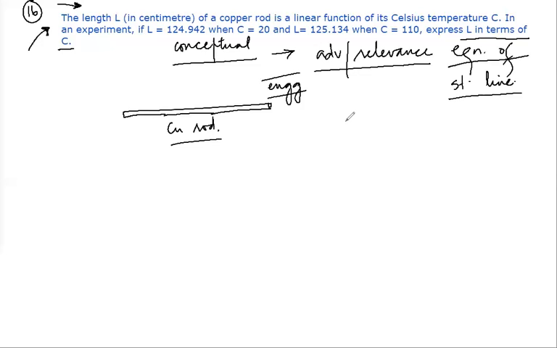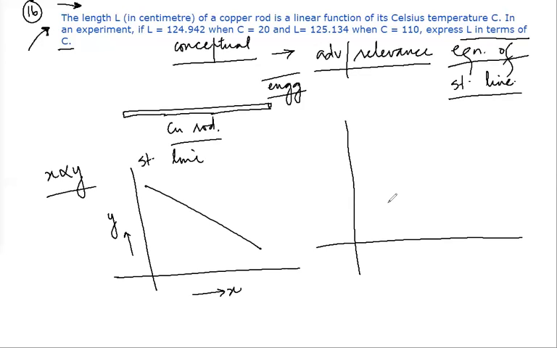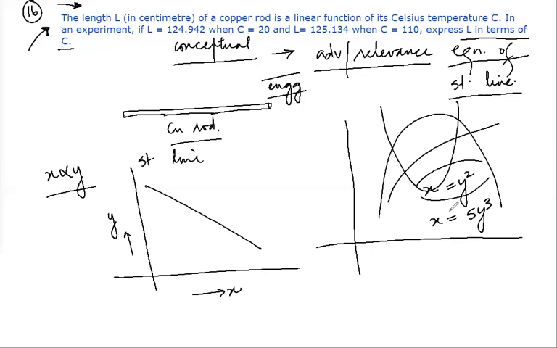So basically students, he's talking about proportionality here. When you talk about a straight line, a straight line is always drawn when a variable x is proportional to y. But if it is a curve, it is never proportional. A curve can be x equal to y square, or even x equal to maybe 5y cube. They are cubic curves, and square curves also. A square curve will obviously be a parabola. None of them is a linear relationship.